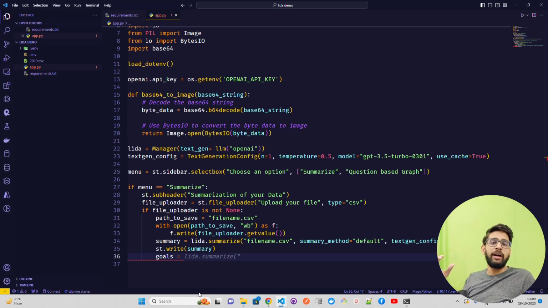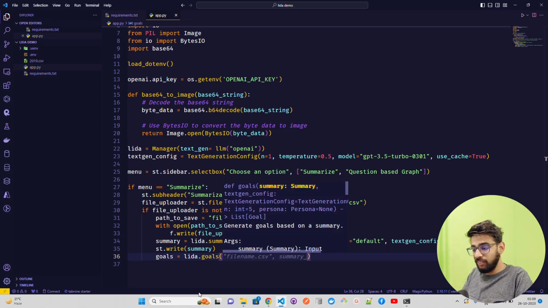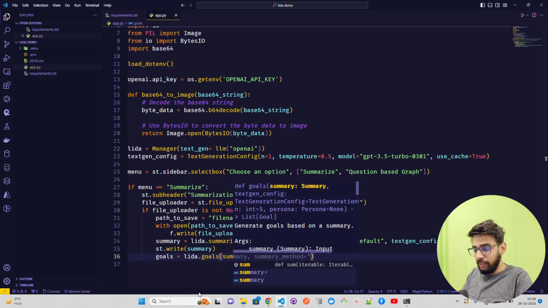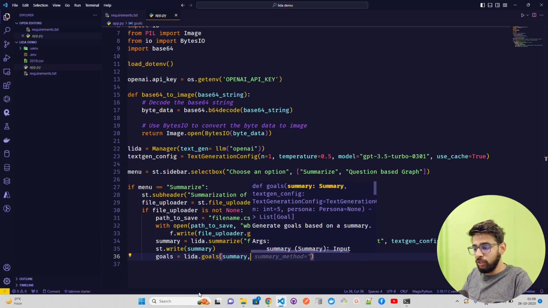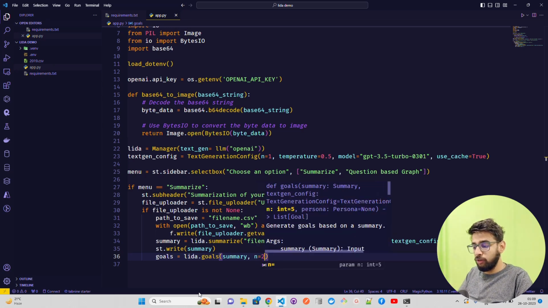The goal for the rest of the generation is to generate the graph, the next module, which is visualization. Now in this goals step, I'm going to use lida.goals, and inside, it's not goal, it's goals. Pass the summary. You have to pass summary as an input parameter, and then the number of goals that you want. Okay, so let's keep it 2 for now,